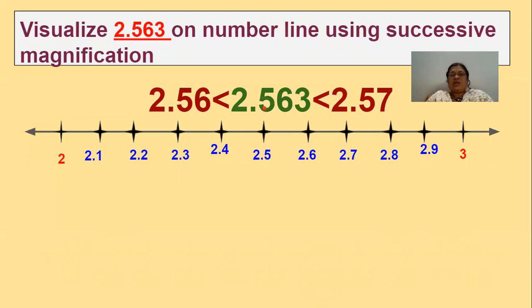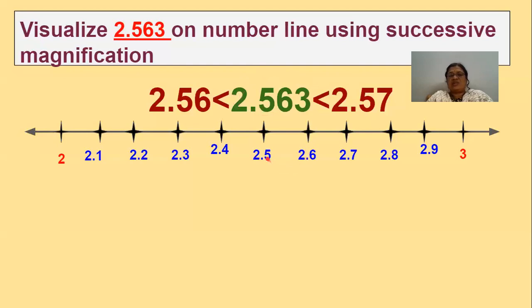So 2.56 will be between, this is 2, no? This is 2 and 3. So it will lie between 2 and 3. So 2.563 is more than 2. So it should definitely lie between 2 and 3. So till here you have to take first, that is 2.5. Where is 2.5? Here it is 2.5. And where is 2.6? 2.6. So definitely this number will lie between these 2 points.